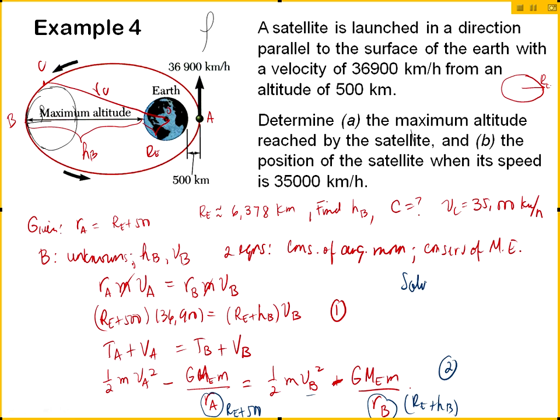So we just need to solve 1 and 2 simultaneously for the two unknowns. Okay? Let's look at part B. The position of the satellite when its speed is 35,000. So at C, problem B,